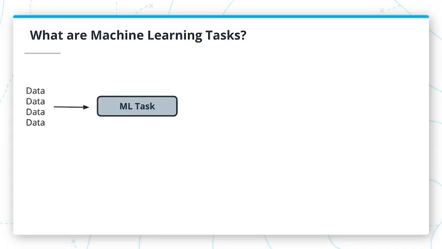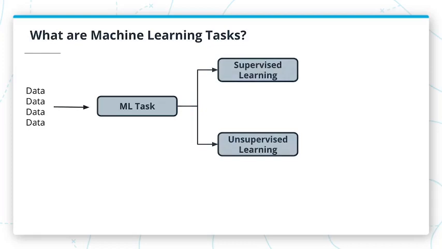All model training algorithms and the models themselves take data as their input. The outputs, however, can be very different. They can be classified into different groups based on the machine learning task. The characteristics of the input data actually help define which machine learning task can be used. Two common machine learning tasks are supervised and unsupervised learning. We have reinforcement learning as well, as we briefly talked about before, but you will learn about reinforcement learning in a later lesson.